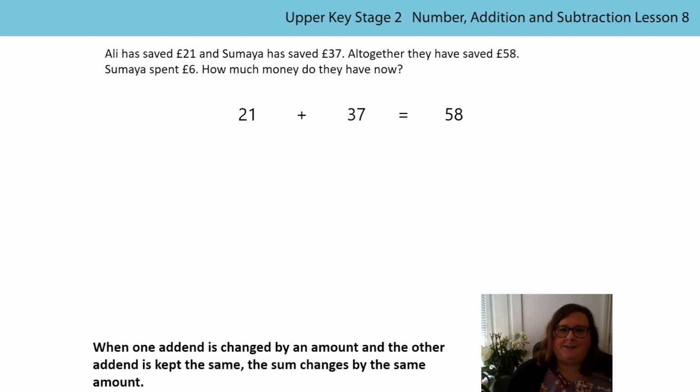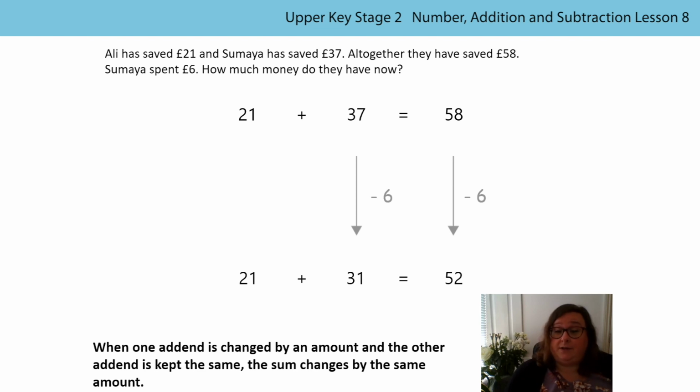How have the addend and the sum changed? Is that an increase or a decrease? Oh, it's a decrease because she spent £6. So I've subtracted 6 from one addend and I've kept the other addend the same. So I must subtract 6 from the sum. So I've still got 21 for my first addend, but my second addend has decreased by 6 to 31. So my sum is going to decrease by 6